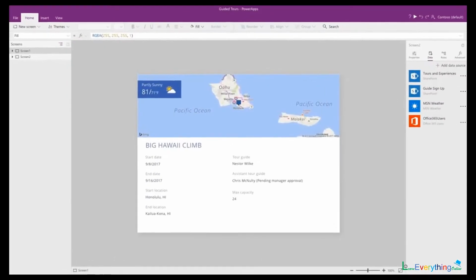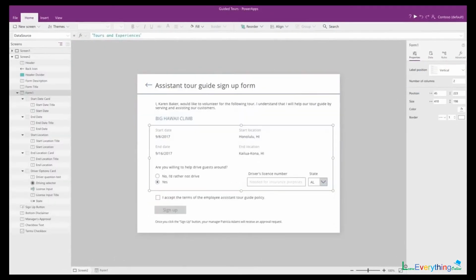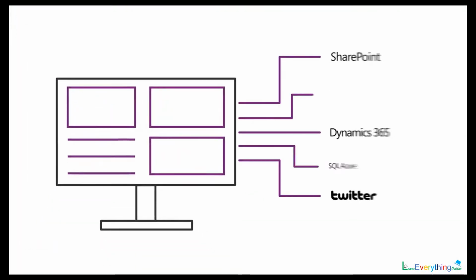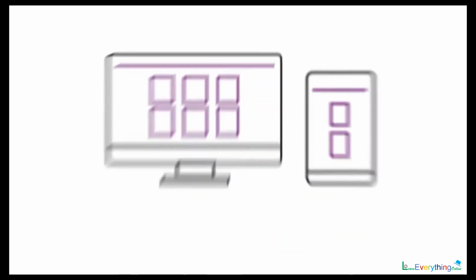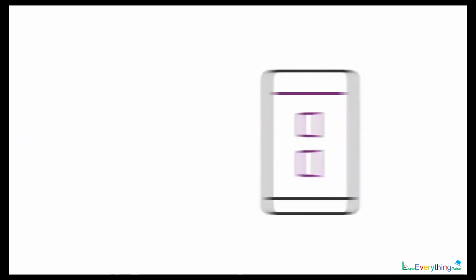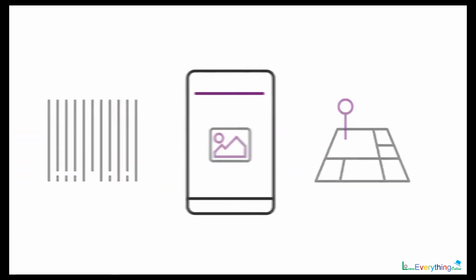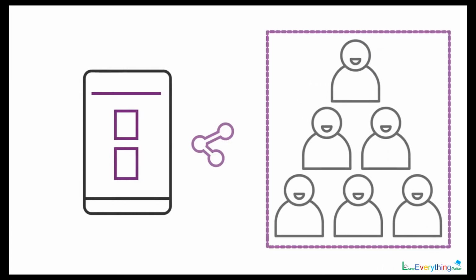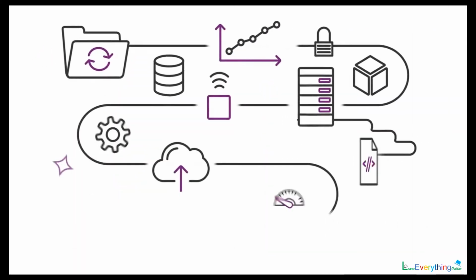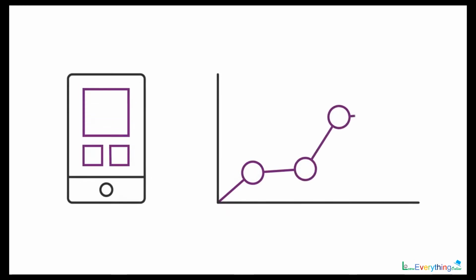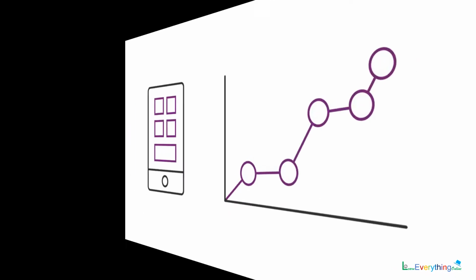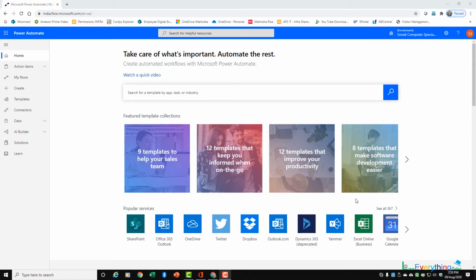Power Apps has an intuitive design interface to guide you the whole way as you create apps for your team or business. Your app can integrate with data you already have or use our built-in platform. You can build apps for the web and mobile and take full advantage of your device's features. Plus, you can share apps with your team and quickly customize them as your business evolves. It's time to boost your team's productivity with a custom app that's exactly the right fit for your business. So this was introduction to Power App.